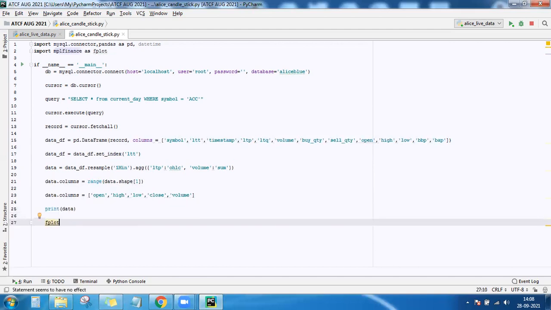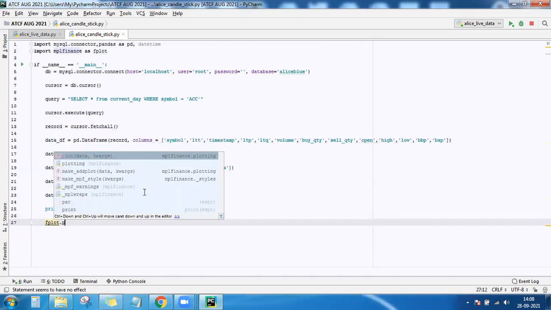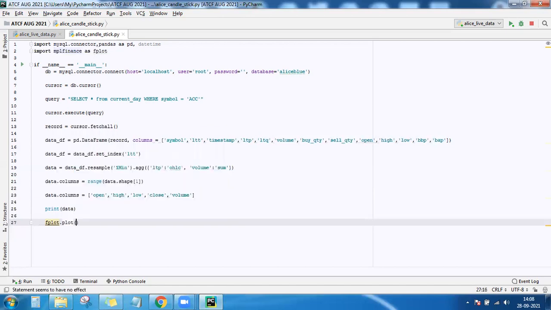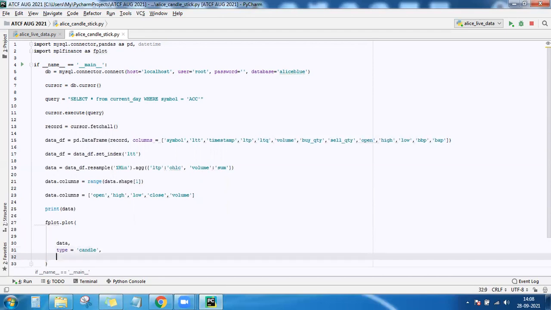FPLOT. So fplot dot use the plot function. Now give the data frame, which is data. Then type of the chart is equal to candle. Then style, we want green and red candles, for which you have to specify the style as Charles.